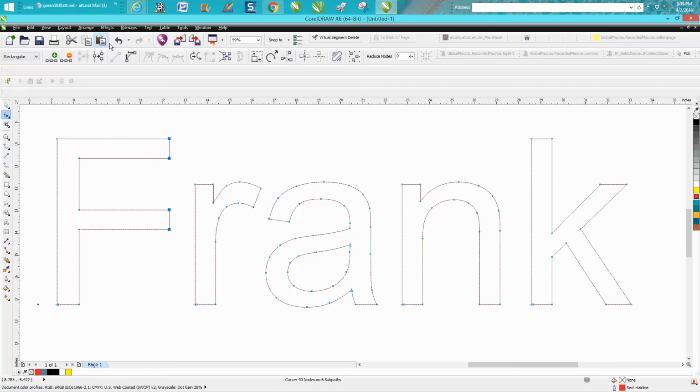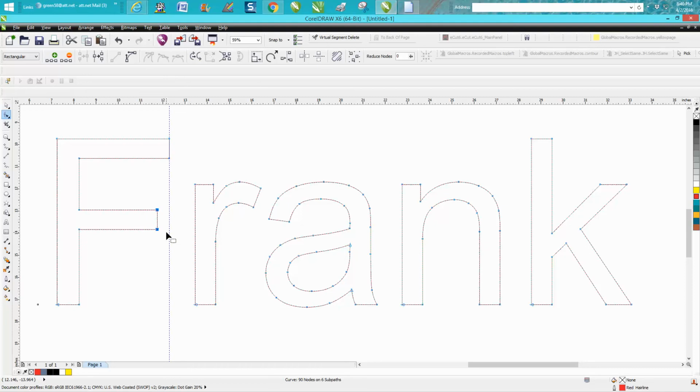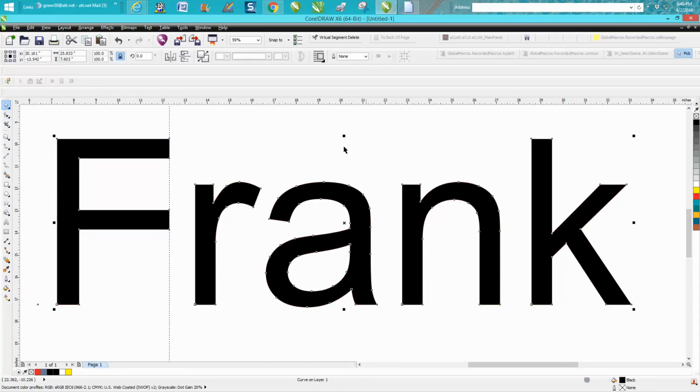Now, if you didn't do that, it'd be very easy, just on another subject, put something there, click on those two nodes, see what your nudge distance is, 0.005. Click on these two nodes and just cursor over those two nodes until you get to that indexing line. And for a second, I'm holding down the shift key and your nudges will go a little faster. But then you can go back and fill it in and take away the hairline, and that F is equal